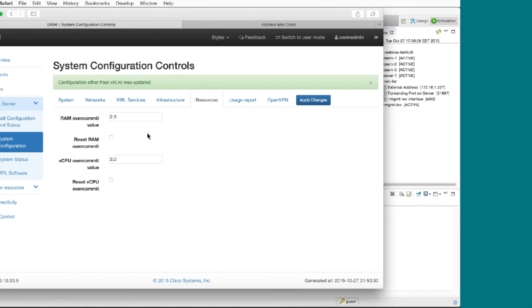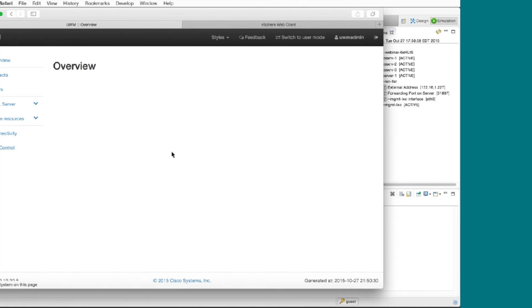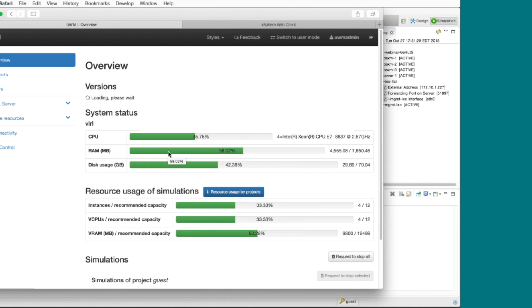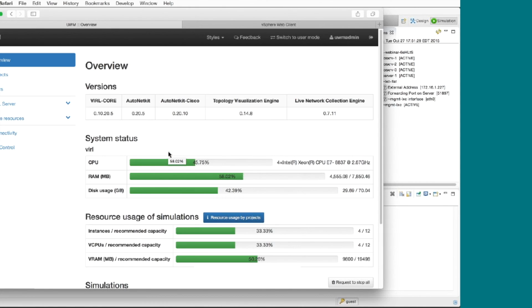The other place that you might see this, we've had some people report, let me go to the overview. Like I said, there's some sort of resting state memory that's consumed by VIRL just by the operating system itself or by the database system software that we use.